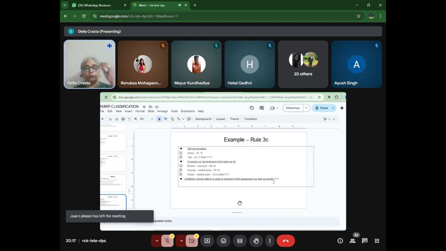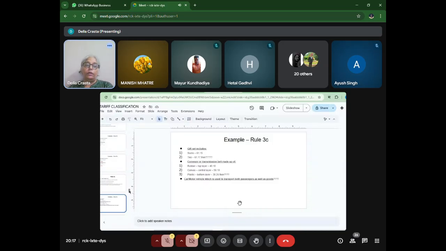Last in the numerical order, 8704. So we will have to give this vehicle which can transport passengers as well as goods, the HS code or the heading number which will get attracted as per rule 3C is 8704. Okay? लेकिन